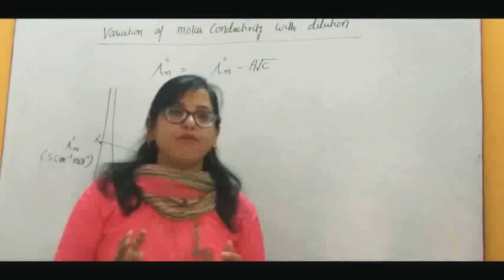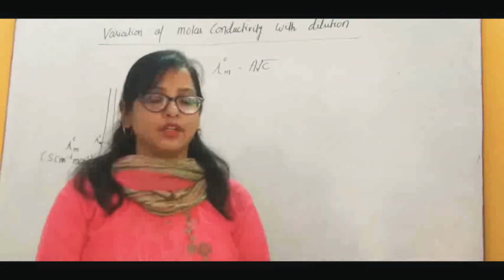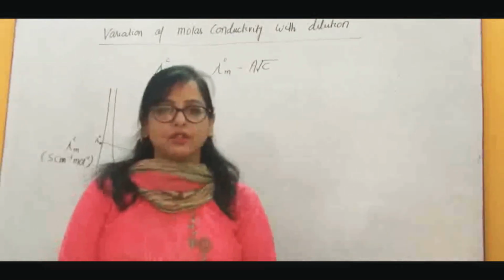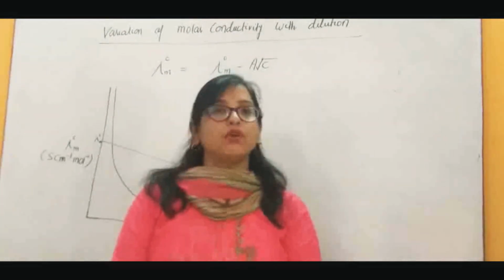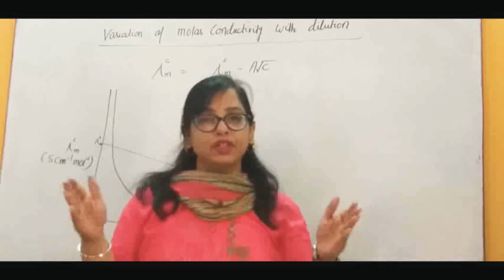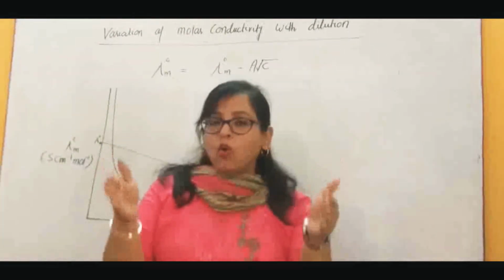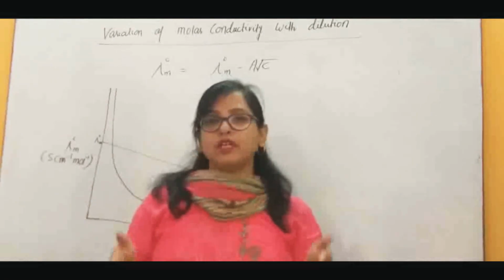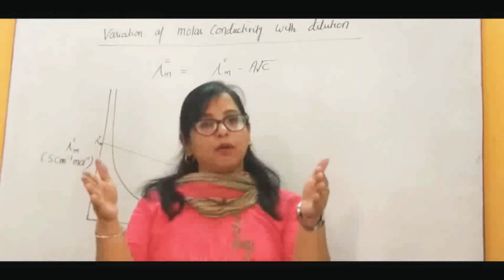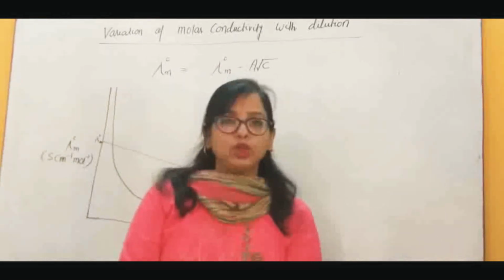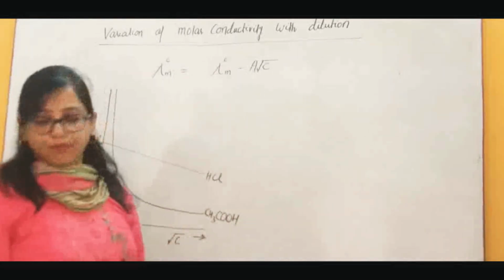When we have 1 mole of salt placed in a cell in which the area of the electrode is so large that the whole of the 1 mole of electrolyte is present between the electrodes. So if you have a cell and the whole amount of electrolyte is present between the electrodes, and the amount of electrolyte is 1 mole. Now what is the effect of dilution on it? I will explain what the effect of dilution is.